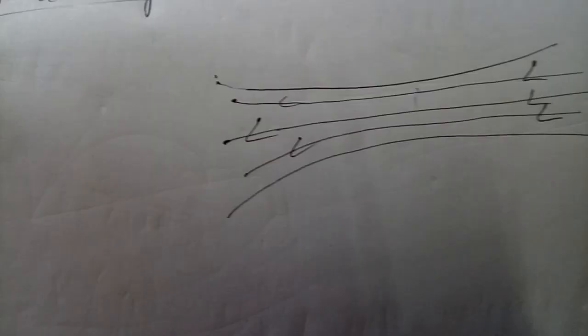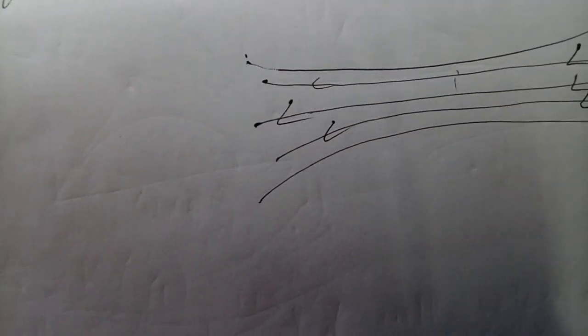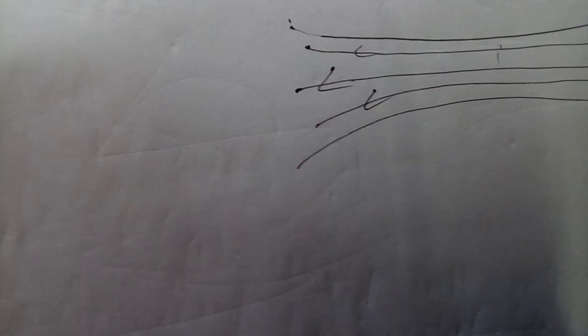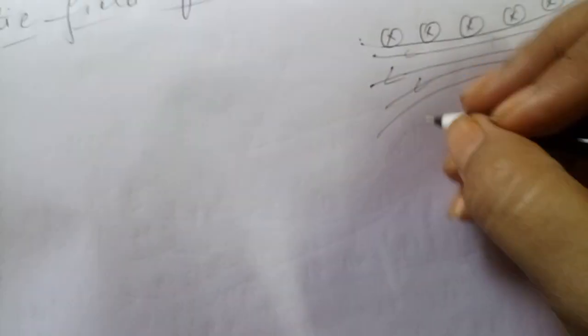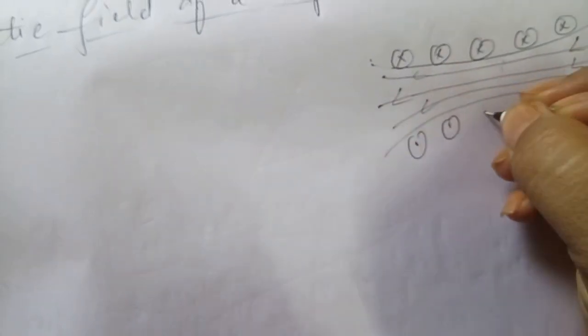So these are the lines of the magnetic field inside the solenoid. This is the direction of the magnetic field inside the solenoid, and outside the solenoid, this is cross. We all understand cross means it is perpendicular to the plane, into the plane of the paper, and this side it is all dots. It means the magnetic field is coming outward. Okay, so this is all with dots, right?